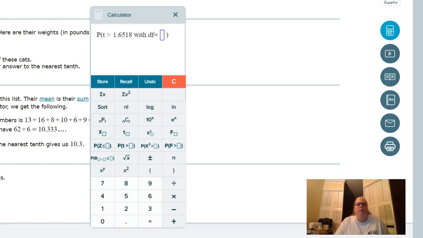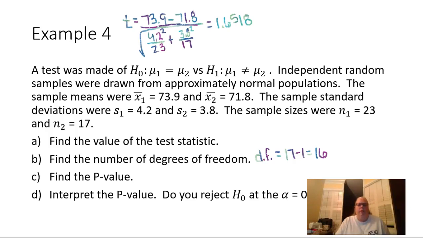1.6518 with 16 degrees of freedom gives us 0.0590. Let's keep in mind that we're doing a two-tailed test here, and so